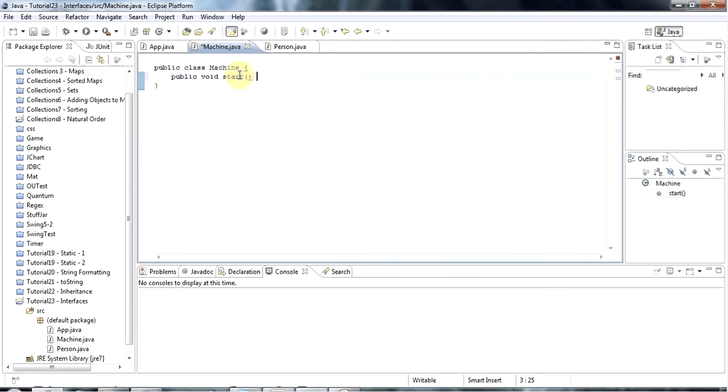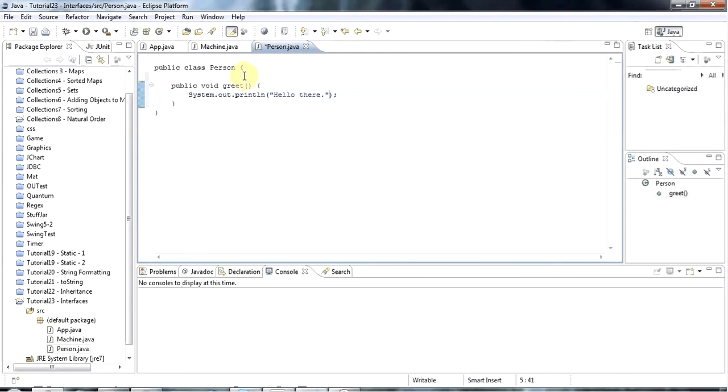Let's say I'm just trying to create an absolutely minimal, plausible scenario for using interfaces, and I'll say here machine started, and person might have a bunch of methods too. Let's have a public void greet, and greet just says sysout